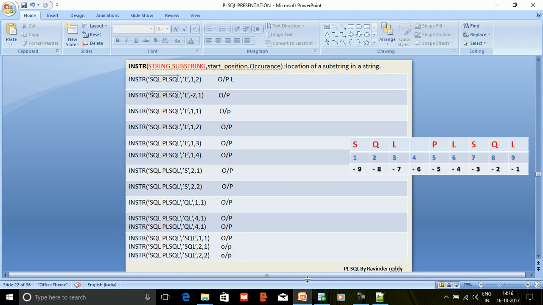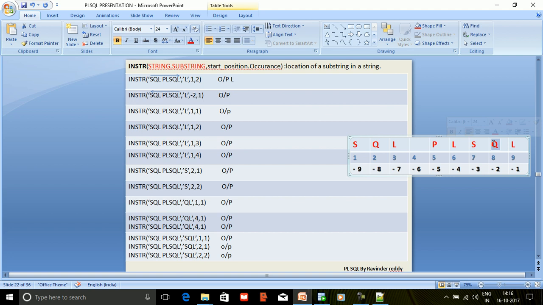Hi, in this video session, we will discuss INSTR, INSTRING. INSTR is a function used to find the location of a substring in a given string. For example, if we want to find the Q position in the given string,